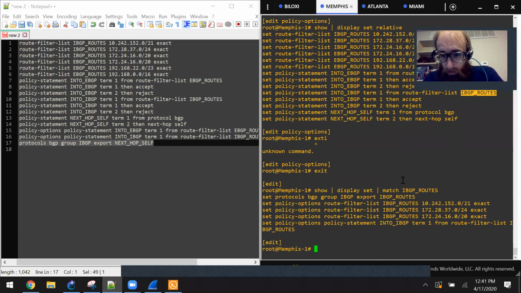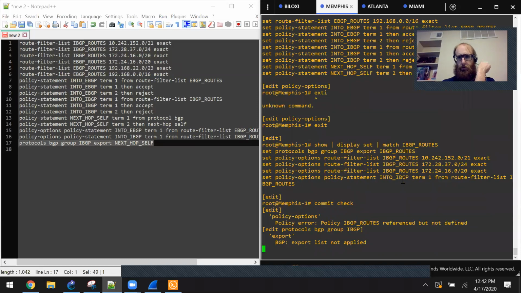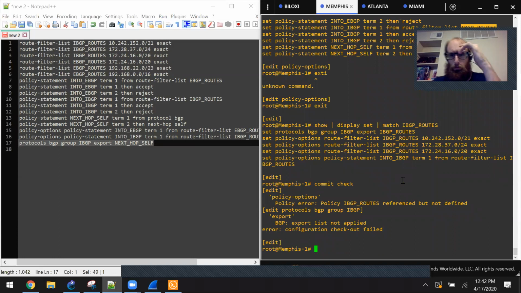And I see it's very much defined. So, I don't know why it thinks it's not defined, because it is defined. Let's take a look at that error message again. IBGP_routes is not defined, is referenced but not defined under policy options, but we can see,